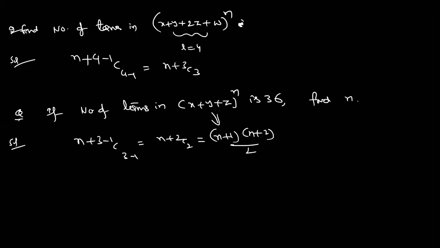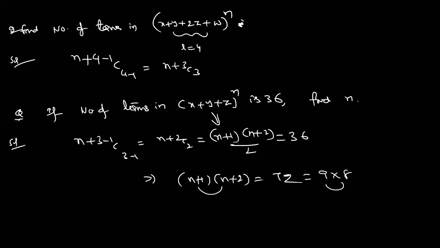Sum of the first n plus 1 terms. Earlier I gave the proof also. So n plus 1 into n plus 2 by 2 means we should understand that is n plus 2 C2. Equal to how much? 36. 72. So 72, how to write? 9 into 8 is 72. So both are consecutive terms. Can you guess the value of n? So n plus 1 is 8.